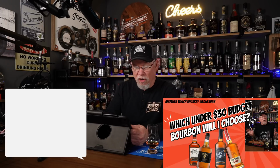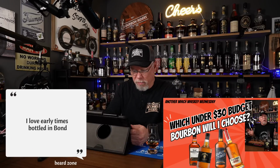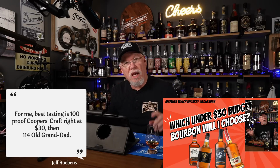Dave Hackfield says, hard to beat the Early Times Bottled in Bond, and I would agree, David. That is a wonderful bourbon whiskey in the budget market. Beard Zone says, I love Early Times Bottled in Bond, another Early Times fan. And Jeff Rubin says, for me, best tasting is the 100 proof Cooper's Craft. I would agree. I love the Cooper's Craft, been a fan for a long time, but it didn't make my